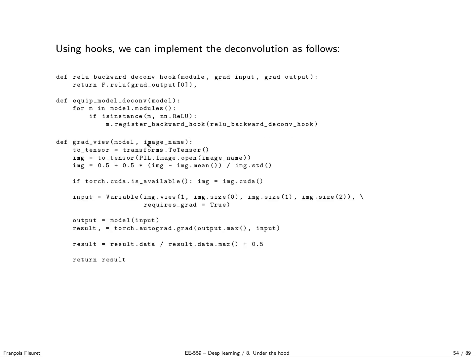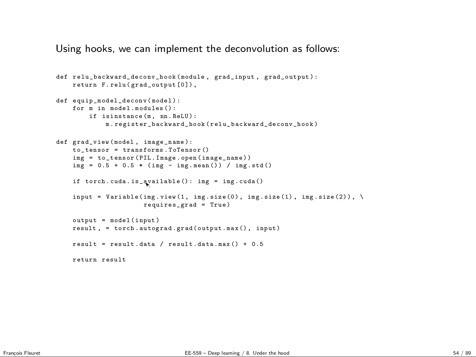So now how can I implement GradView? I get a model, I get an image to pass through my model, I create a transform to convert the image to a tensor. I convert my image from a Python Imaging Library image format. So, image name is a file, and here I load it from disk. I get my tensor by using this function. I renormalize everything by making the mean 0.5 and standard deviation 0.5.